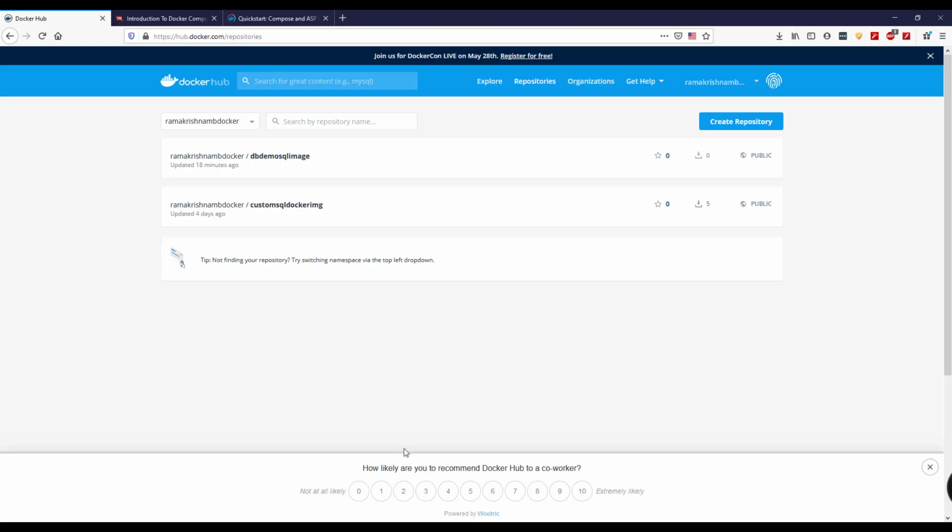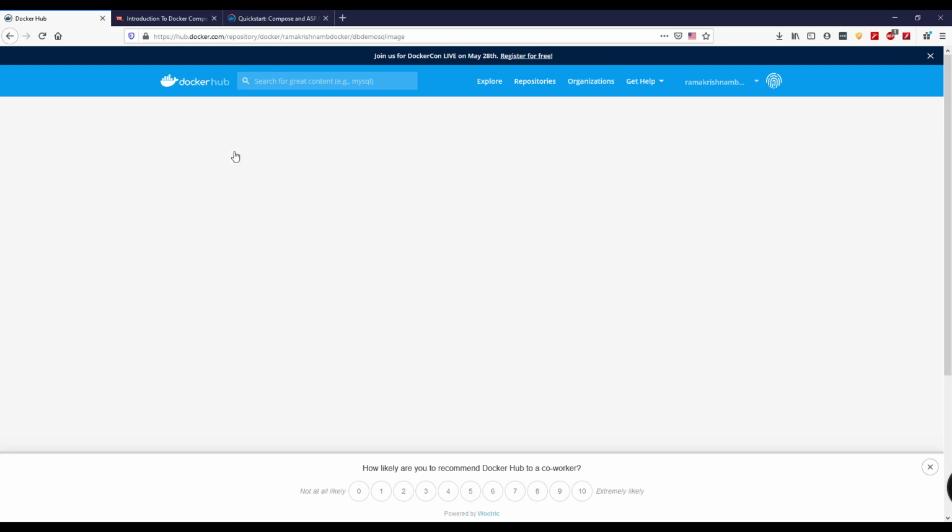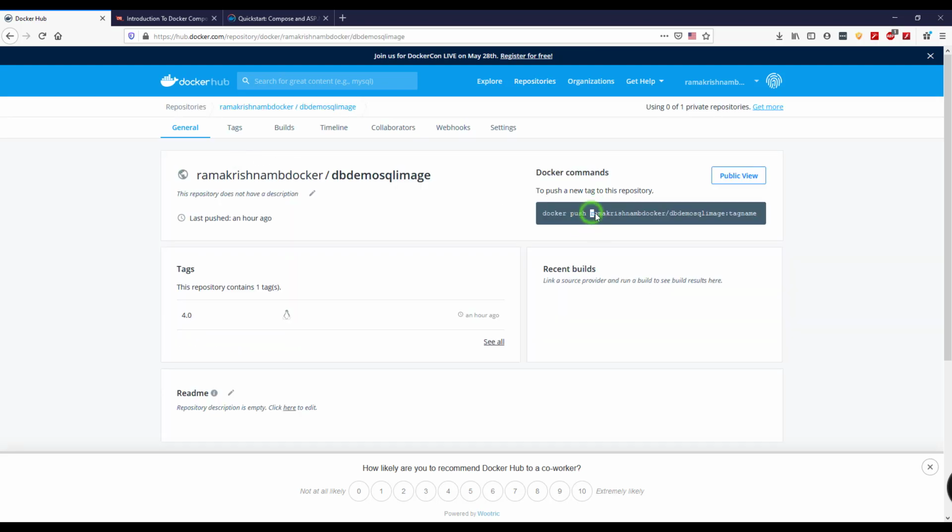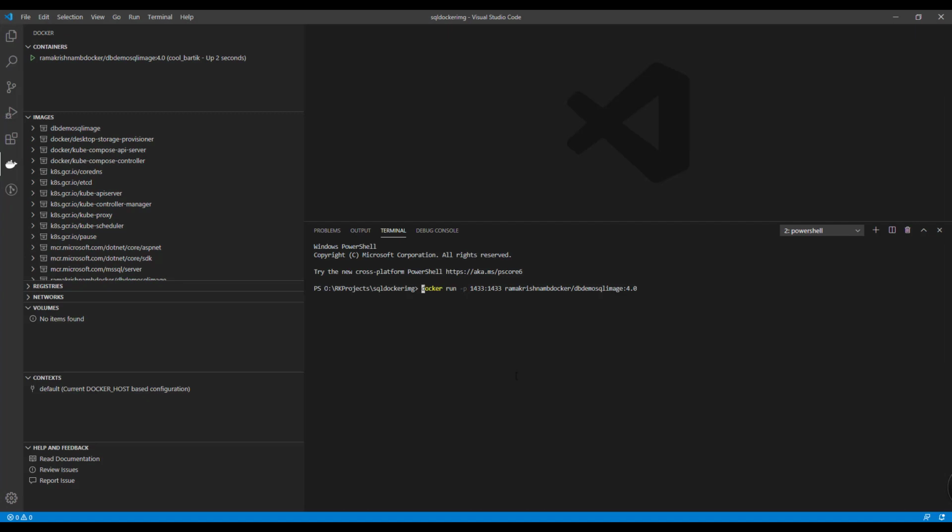If you remember, in the previous video we uploaded a Docker SQL image. Using this image, we will connect our SSMS and verify the existing database in it, and we will use Entity Framework Core to retrieve this data and display it in the .NET Core view page. So let us do that. First, we will run this image locally. To run the image locally, we need to pull it from our Docker Hub. So first let us pull the image from Docker Hub.